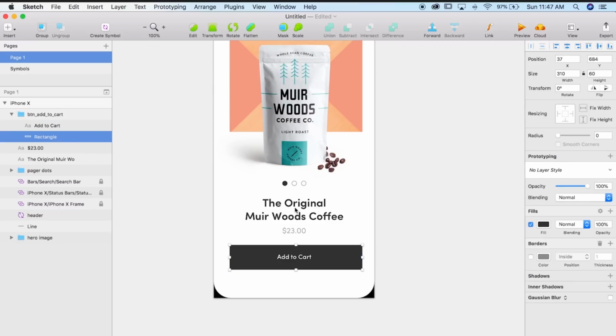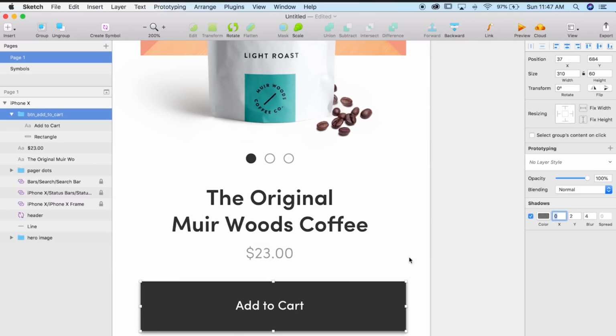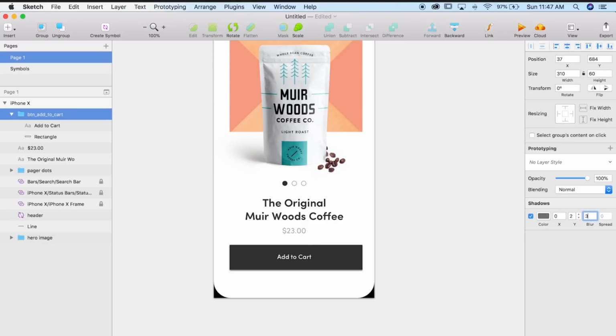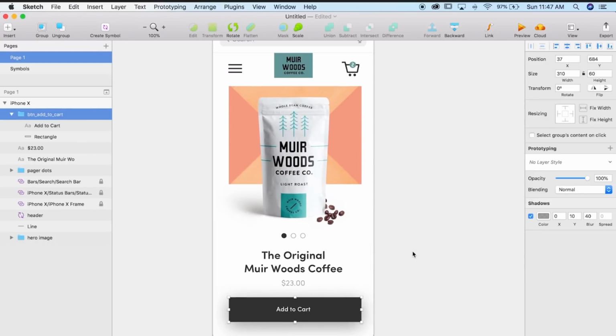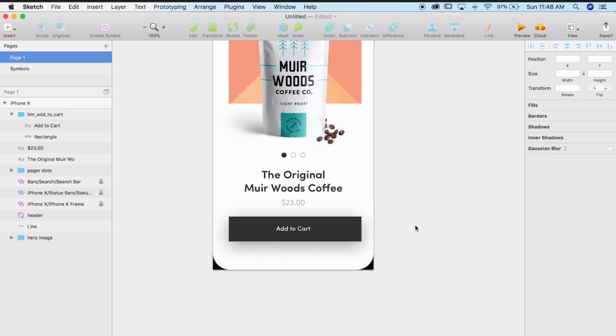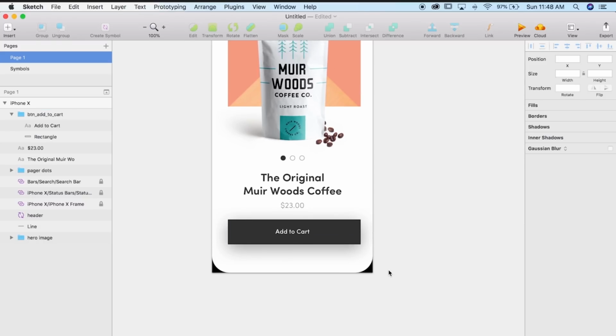And let's give this a little drop shadow so it feels like it's hovering off the page a little bit, like it's got a nice little depth to it. If we go to add new shadow right here, you'll see that it added that shadow. We want it to be a soft shadow though, so maybe a 30, and let's try about a 10 on the y-axis. And then I'm going to play around with this color here, maybe 40. You could spend a lot of time on these drop shadows and make them all sexy, but I think that's nice enough for now. Just a soft little indication that there's a button there.